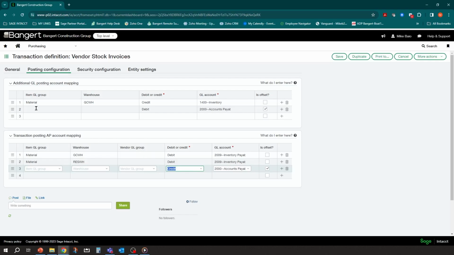In addition to that, if you remember, we put it into that commitment entry when we created the PO. So now we want to take it out of the commitment entry so it shows as not an open commitment anymore. So in this scenario, it's material, it's this warehouse. We want to credit the inventory.